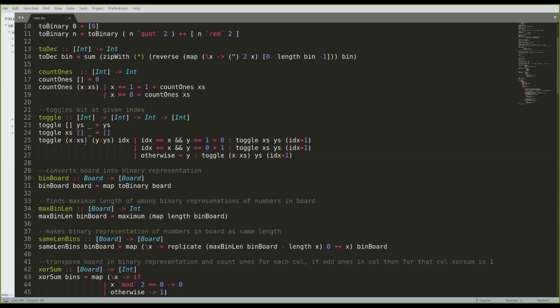Here I am continuously incrementing the index, and since it starts with 0, when the index becomes equal to x, I check whether y is equal to 1 or not. If it is equal to 1, then I set it to 0, and then I recursively call the toggle function to check again when it can be changed next. Same when y is equal to 0, I set it to 1. So this is just toggling the bits.